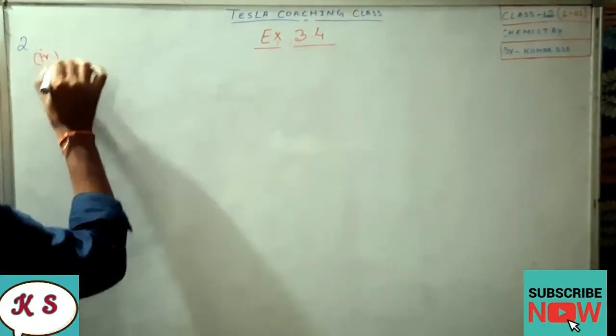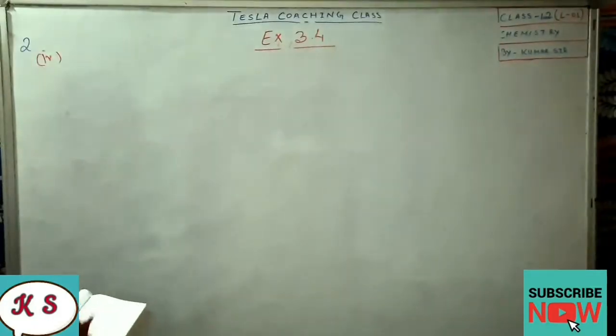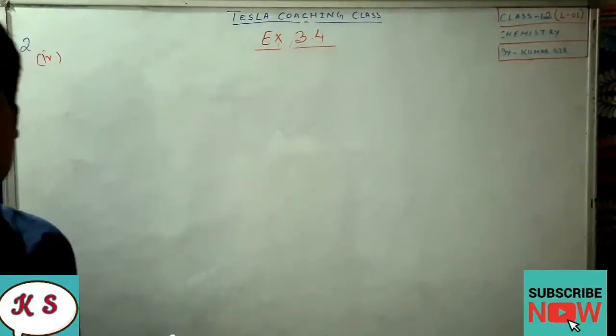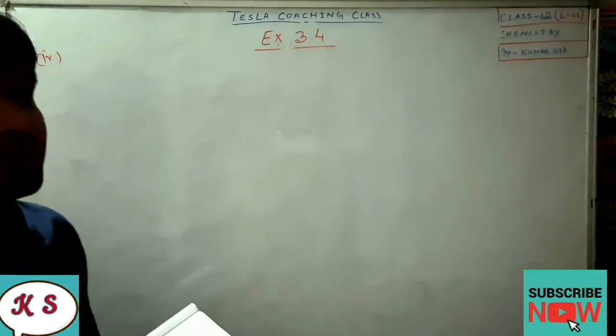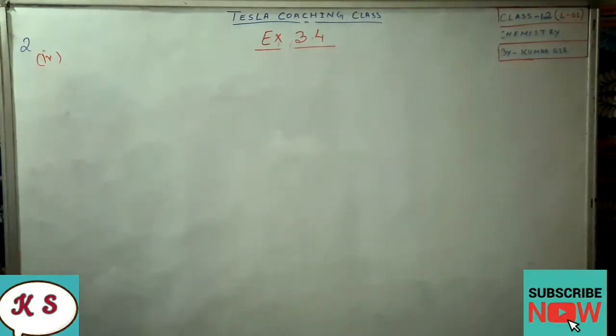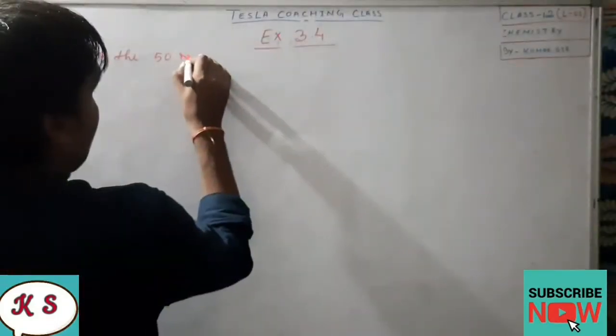Question number 4. So in question number 4, what is said? Meena went to a bank to withdraw 2000 rupees. She asked the cashier to give her 50 rupees and 100 rupees notes only. That means Meena is the name of a girl. She went to a bank to withdraw how much? 2000 rupees. And she put a condition before the cashier that she wants the amount in